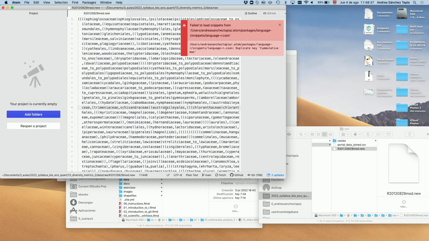So David asked me about phylogenetic diversity, and I was telling him that the real-life example with Cestes is a little bit too long for this class, but I will upload it because I will tell you in